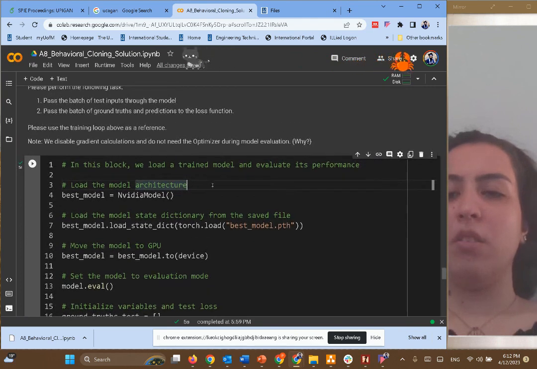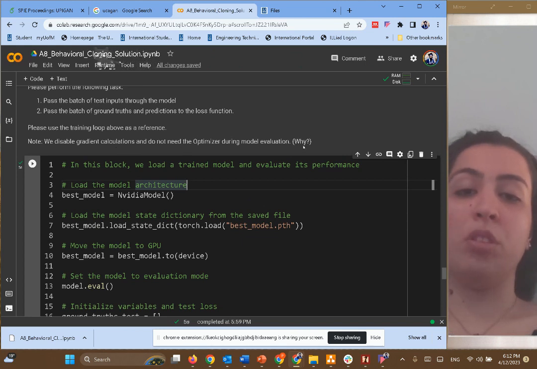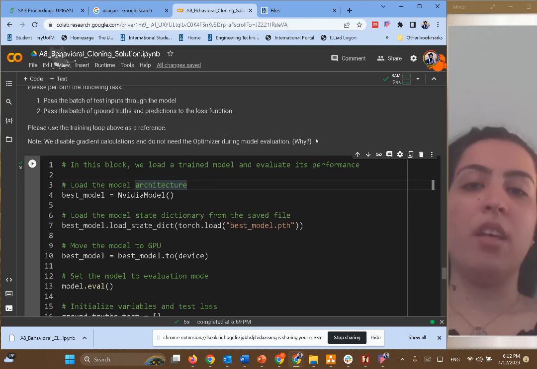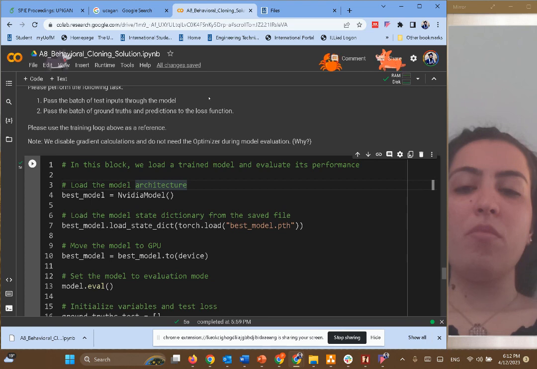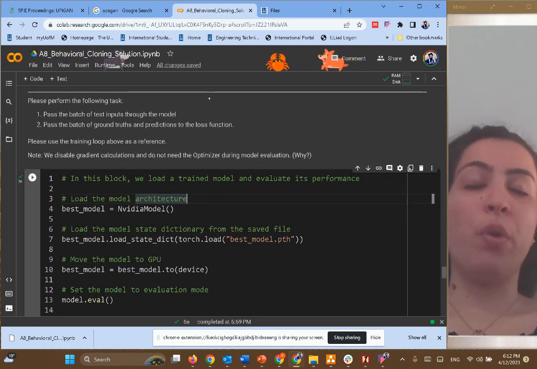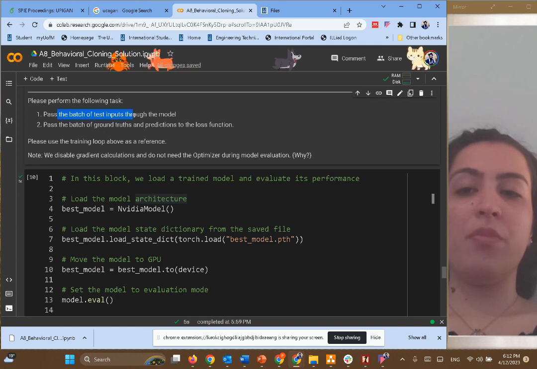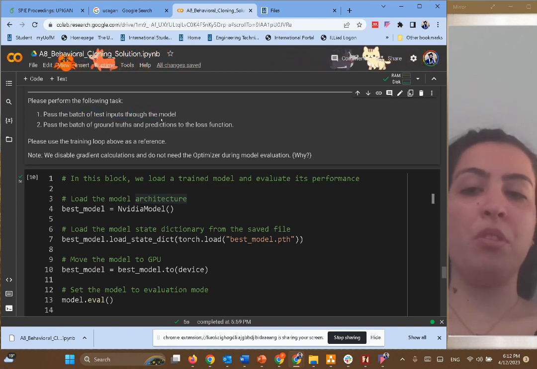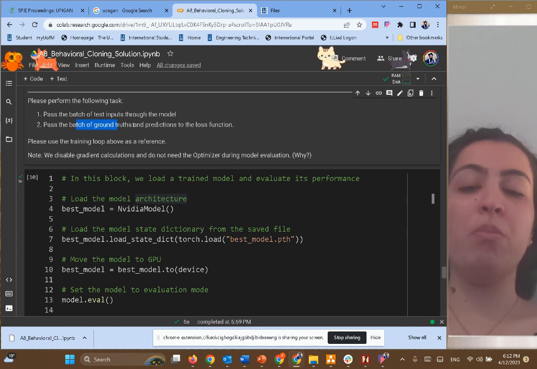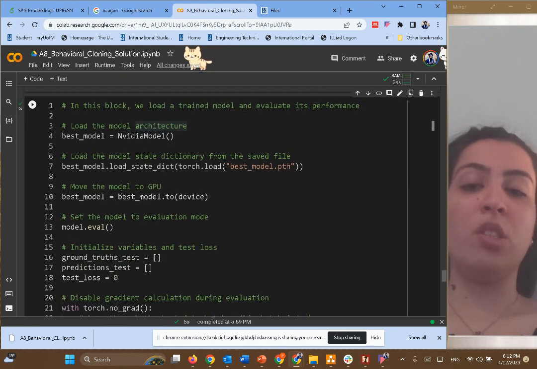on unseen data. We disable gradient calculation and do not need the optimizer during model evaluation, because we don't want to change the model, we just want to use it to test and see how it performs without changing it. We already trained everything and we don't want to train anymore. We pass the batch of test inputs through the model and get the predicted test outputs, and then compare them with the test targets and see how well it's doing on the